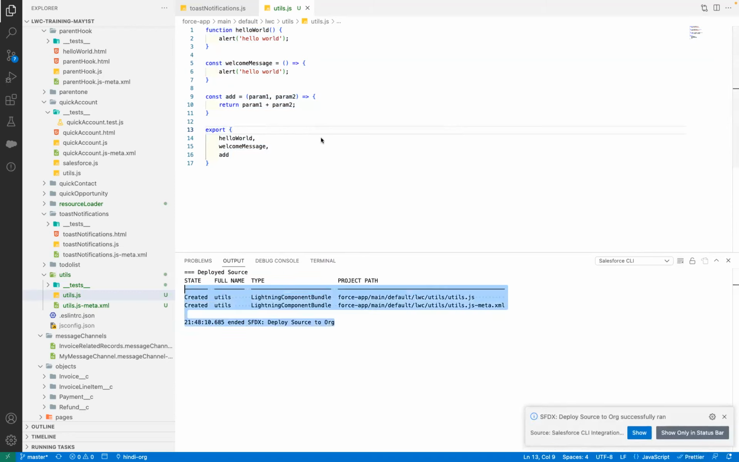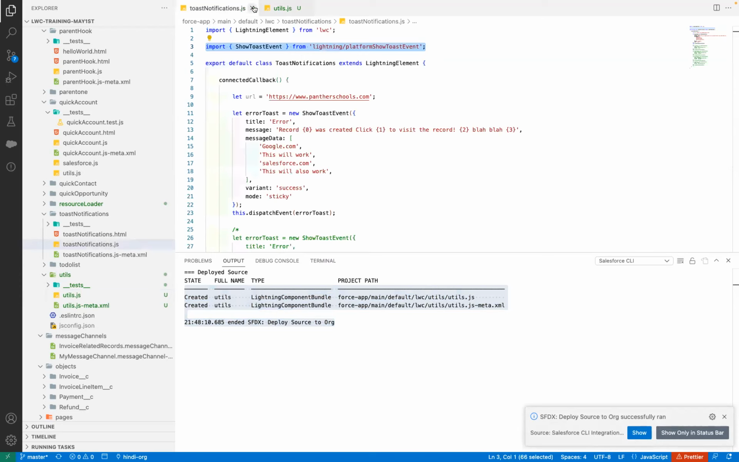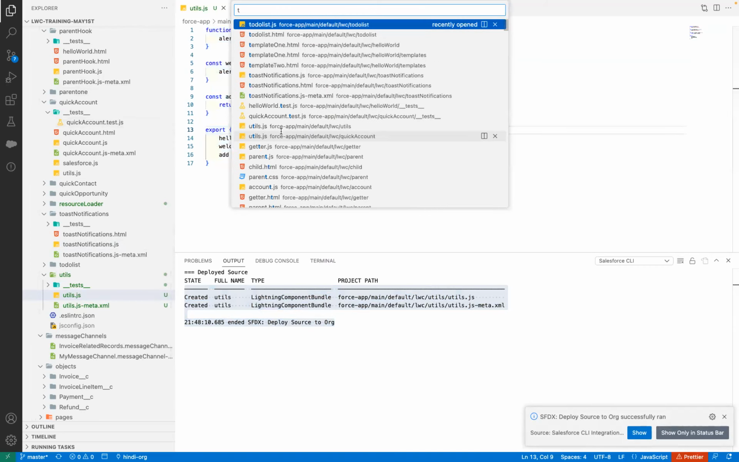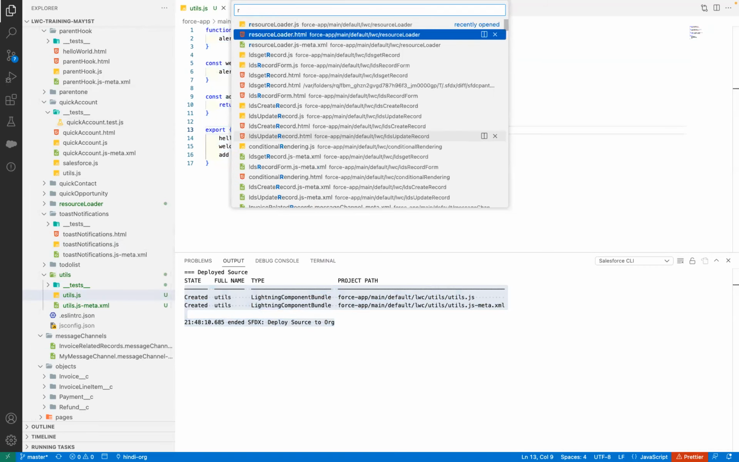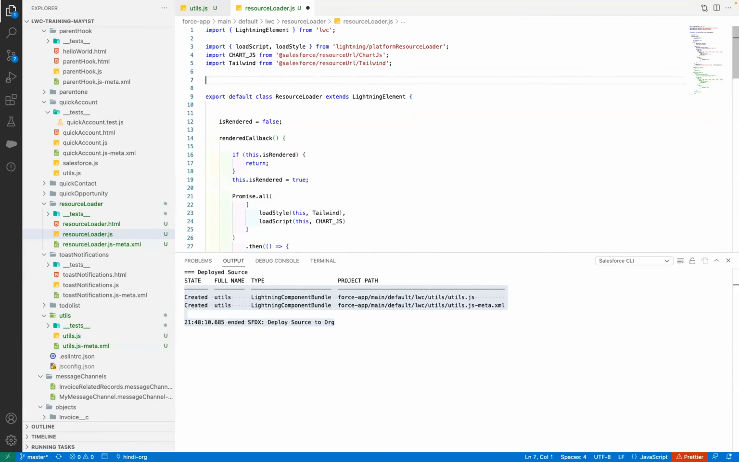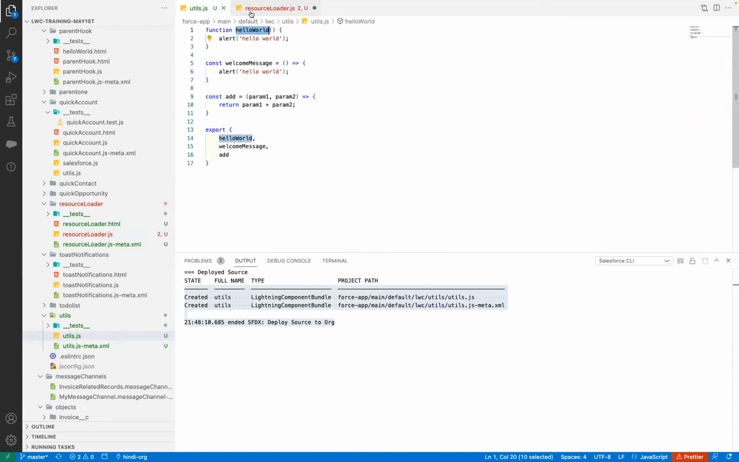And your utils is there. Now what you have to do is, let's say you wanted to import these methods in, not in toast notification, the one that we've just created, but let's say resourceLoader here in this JavaScript file. So how you will load is, you really have to say import. What's the name of your method? That is helloWorld